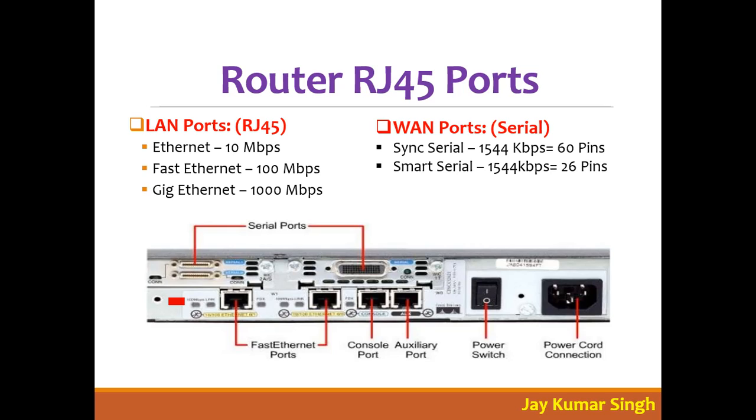I told you in the router you can find different RJ45 ports. So you must know that this port has a different use, like that. It's not that all is RJ45, let me connect anywhere. No. So here in RJ45 you have 3 types of port, which are LAN ports: Ethernet, Fast Ethernet and Giga Ethernet. So Ethernet provides 10 Mbps, Fast Ethernet provides 100 Mbps, and Giga Ethernet provides 1000 Mbps, right?